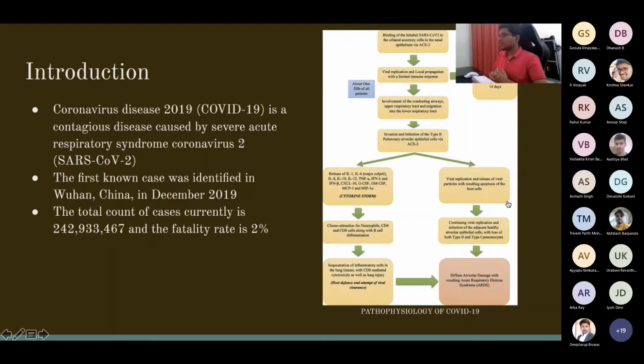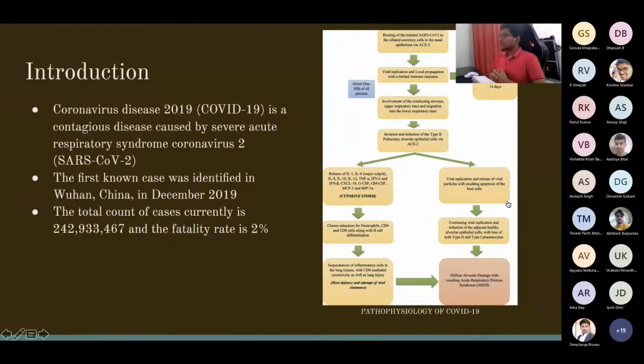So, the pathophysiology of COVID-19 is that initially the inhaled SARS-CoV-2 binds to the ciliated secretory cells in the nasal epithelium, and after that, replication of the virus and local propagation happens with the immune response being limited. After that, there are two possible paths. In about 80% of the patients, the infection is contained and viral clearance occurs in about 10 to 14 days. And in about 20% of the people,